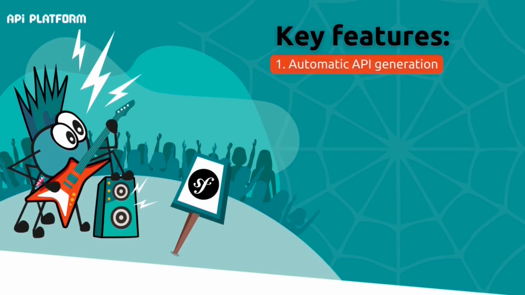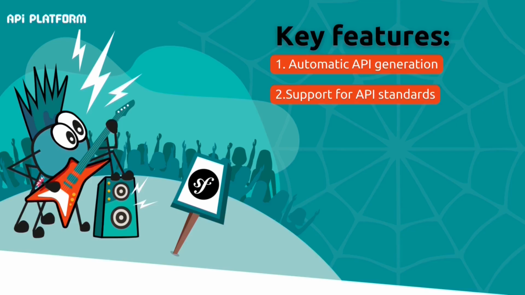First, automatic API generation. API Platform can automatically generate endpoints based on your Doctrine entities or other objects. Simply describe the data model and the platform will create the corresponding CRUD operations. Second, support for API standards. The framework supports popular standards such as REST, JSON-LD, HAL, GraphQL, allowing developers to choose convenient formats for working with